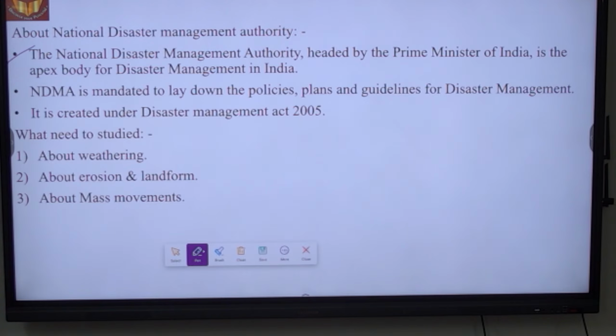It is the apex body for disaster management in India. NDMA is mandated to lay down policies, plans and guidelines for disaster management as a whole. It is created under the Disaster Management Act 2005. Under the same act, each state will also have its own state disaster management authority. So we also should know about